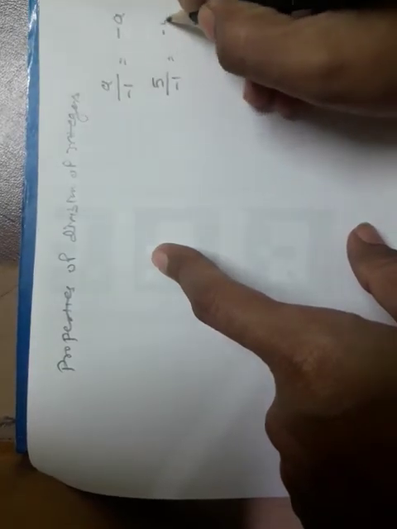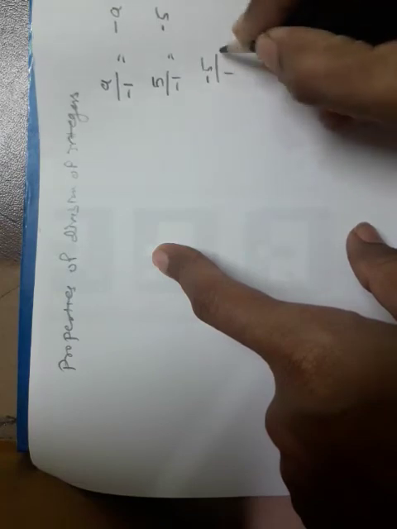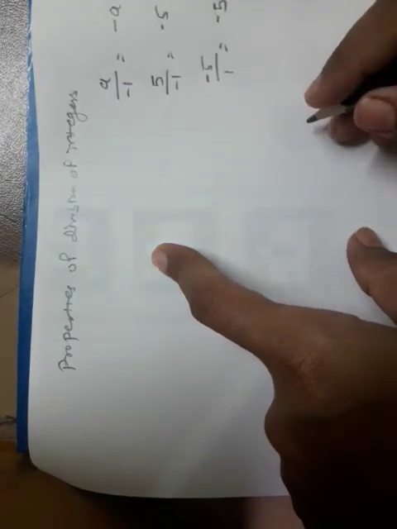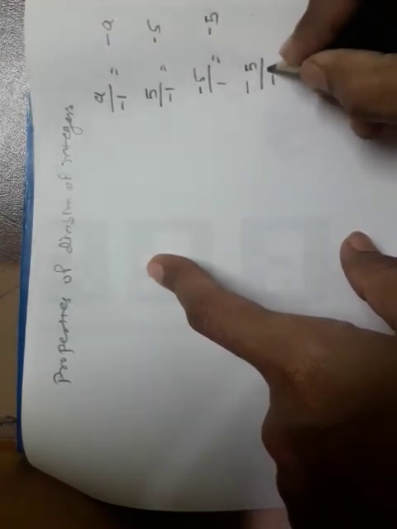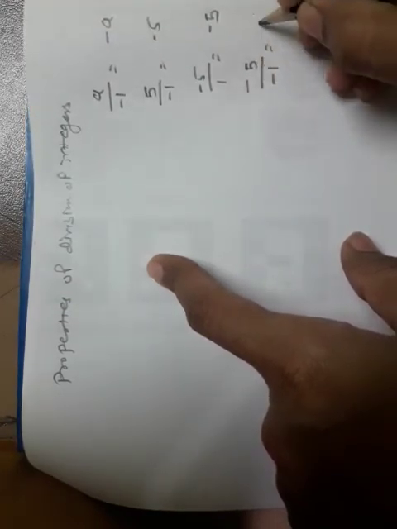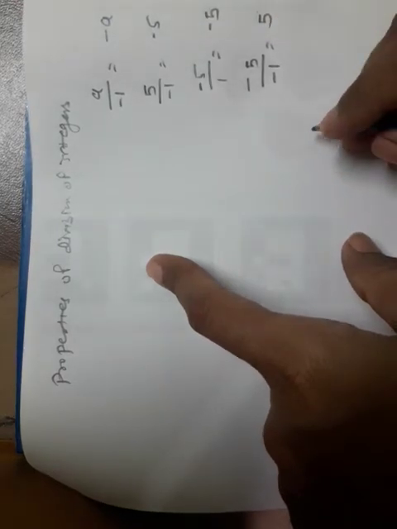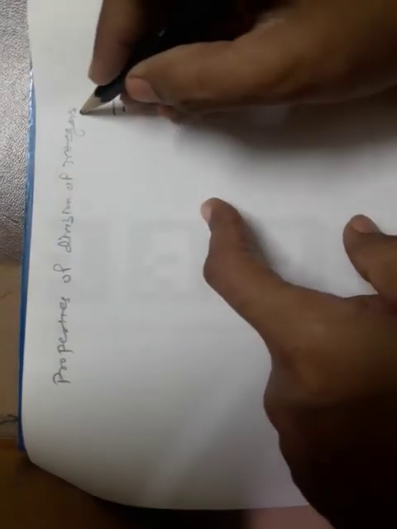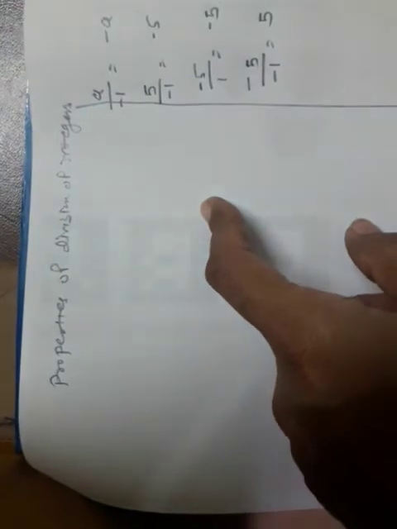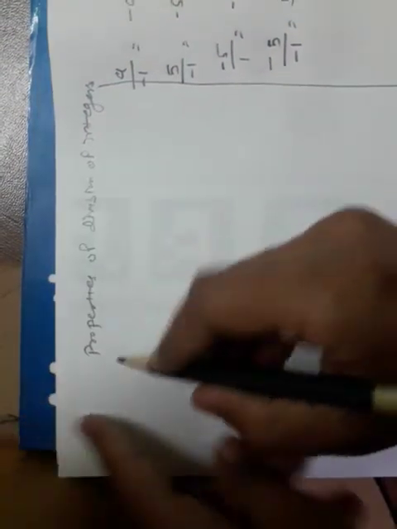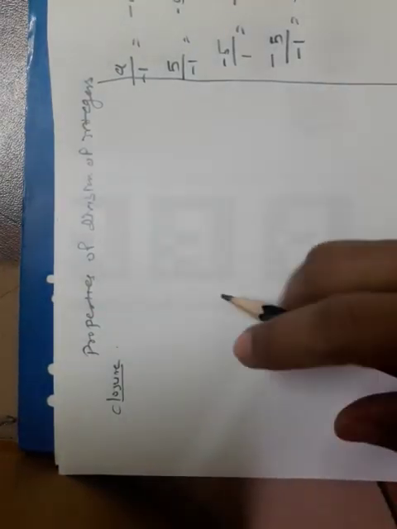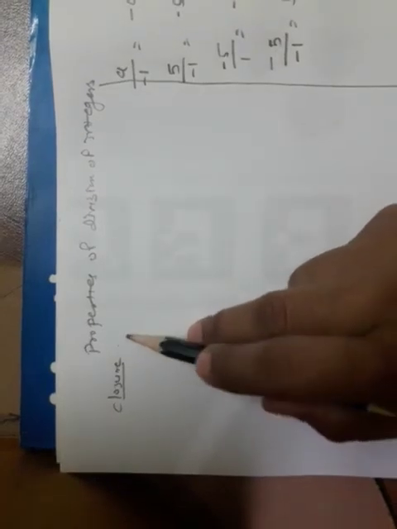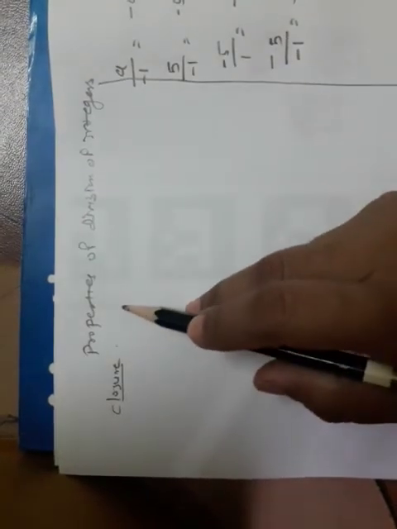1 is equal to minus 5, and minus 5 divided by 1 is equal to minus 5. Okay, and if minus 5 divided by minus 1 is equal to, the answer is what? Minus minus will get plus. Understood? Now we have to see the properties of division of integers. First property, again closure property. If a and b are any two integers, but this closure property does not hold for the division of integers.